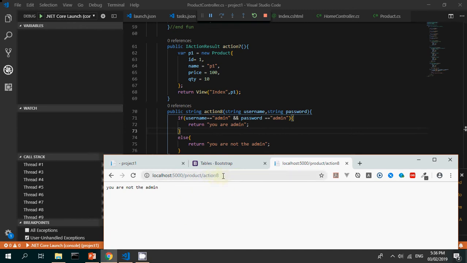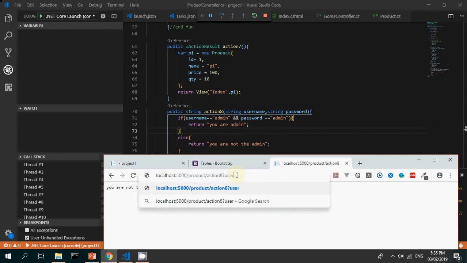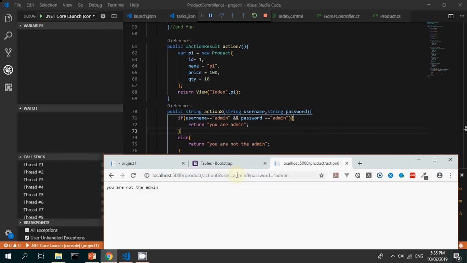Whenever we do not pass any parameter at all, this one will be assigned null. That means there is no data coming in. So that's why this condition is not true and it returns "you are not the admin." Now if I try to pass this input parameter, let's say put admin and password equal to admin as well, and do it again, you can see that it still gives me the same